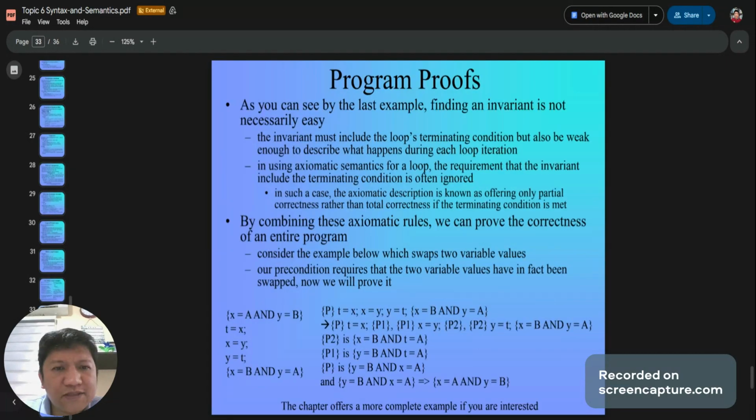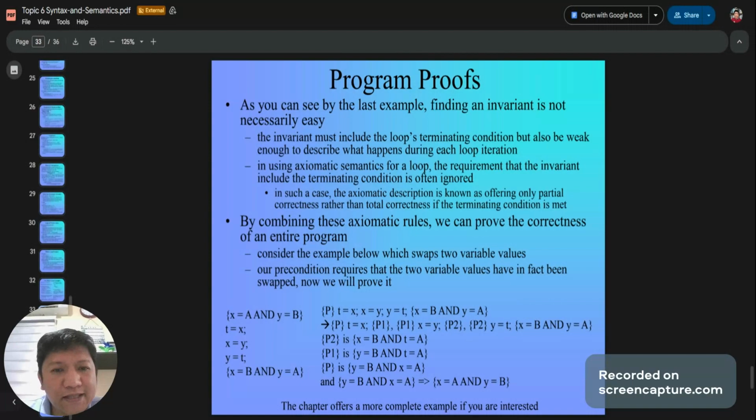As you can see, finding an invariant is not necessarily easy, because you have to think of what the possible values are that the loop will still perform the iteration if the condition or expression in the loop hasn't been satisfied yet.